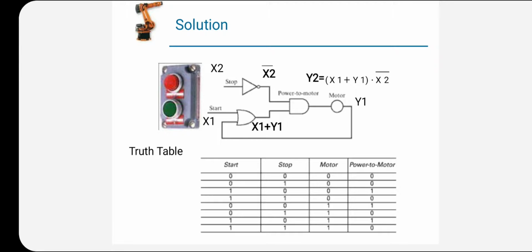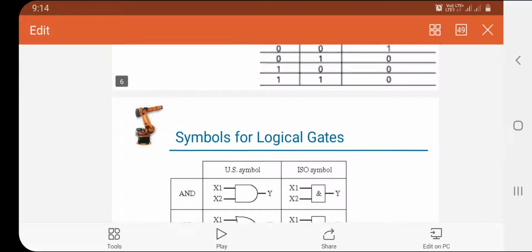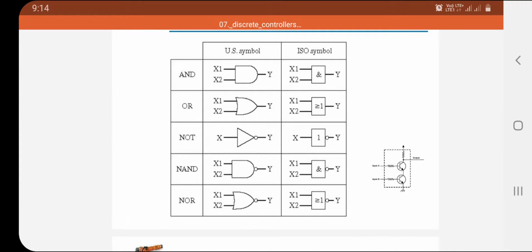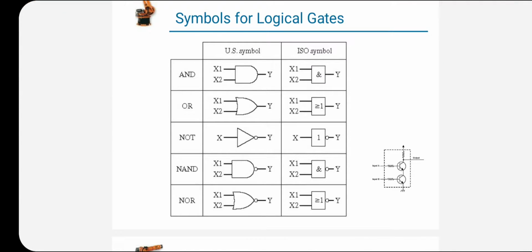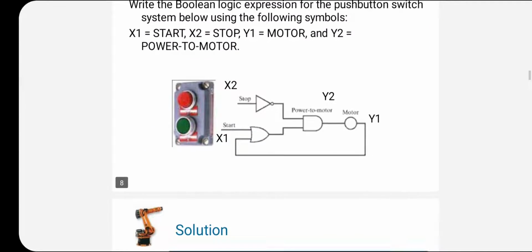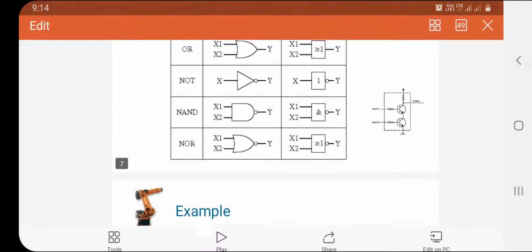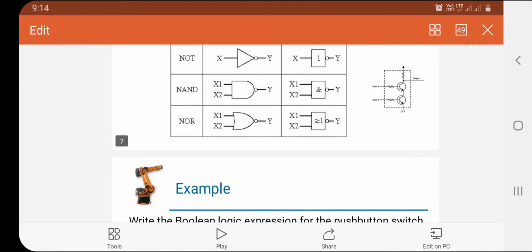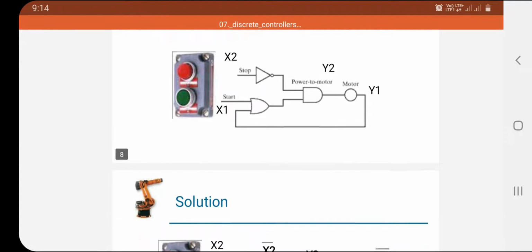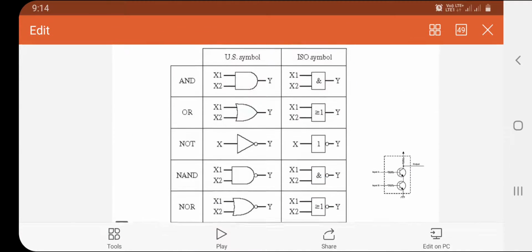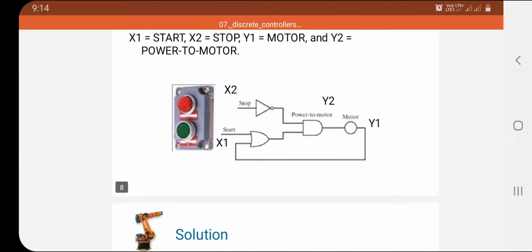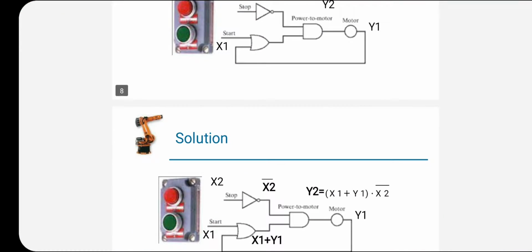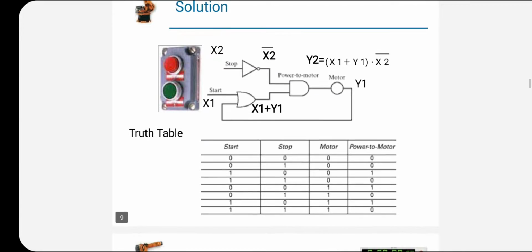Okay, see the symbols. The triangle gives which function? It is a NOT function, not the NOR function. See the symbols, you remember the symbols. NOR function is there, NAND function is there, NOT function and OR functions. So here this triangle shows NOT function, then start x1, here it shows OR function, then power supply shows AND function. Okay, and the motor is shown. Okay, several functions are shown.